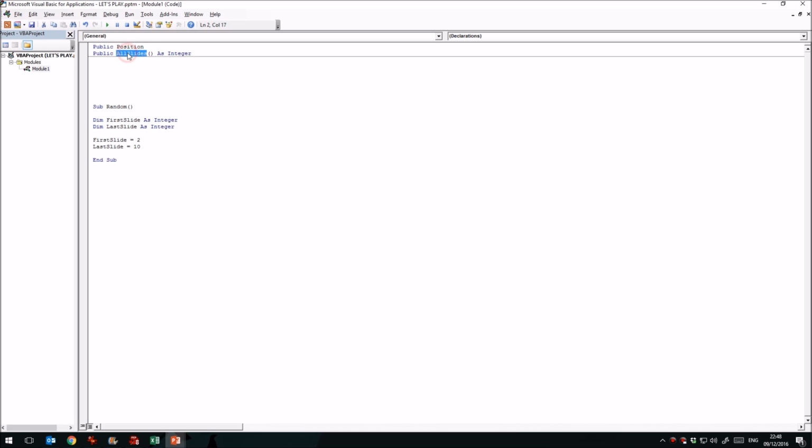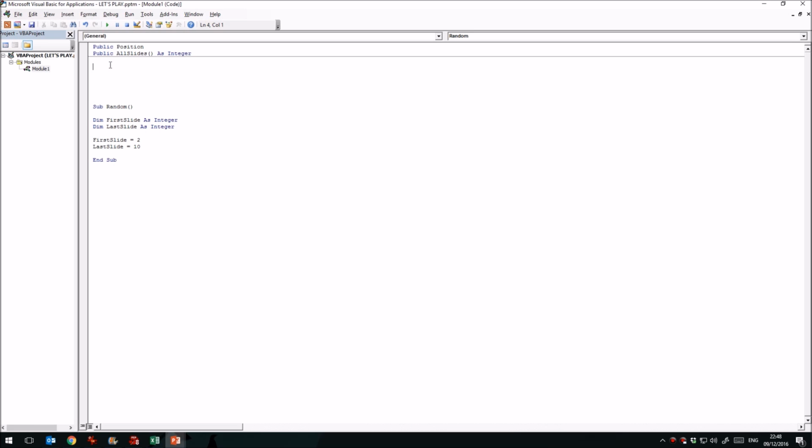The second one will have a 1 in the brackets after it, and so on. And I can then work my way through all of those variables in order. I can see what's in any one of those variables by referring to its number, and this is basically what we refer to as an array. So I've made those 2 variables there, or 1 variable and an array, as public